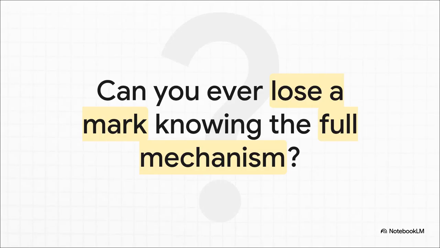Look at the depth of what we've covered today. From the exact binding site of a bisphosphonate to the molecular reason an MAOI causes a hypertensive crisis, you now have the complete, unbroken chain of logic. So ask yourself, if you can trace the mechanism from a specific receptor binding directly to its clinical outcome, and then back it all up with critical trial data like VIGOR, APPROVe, or CAST, can you ever really lose a mark in pharmacology? Keep reviewing these structural pathways until the cause, the mechanism, and the clinical consequence are completely